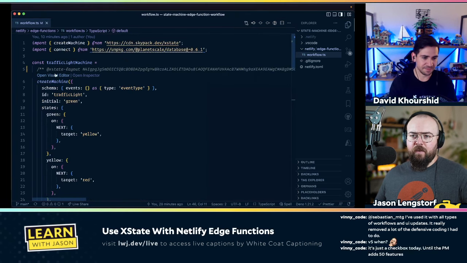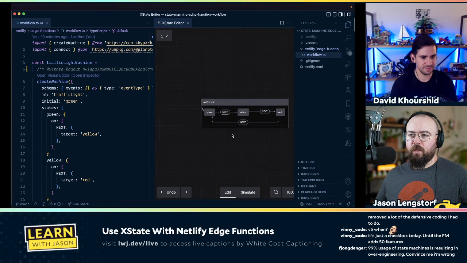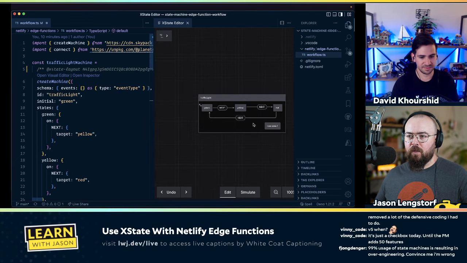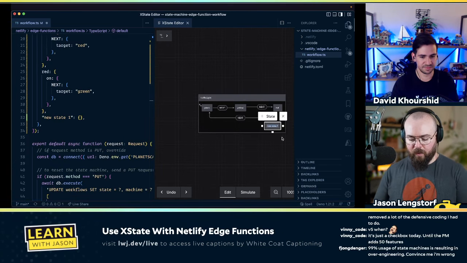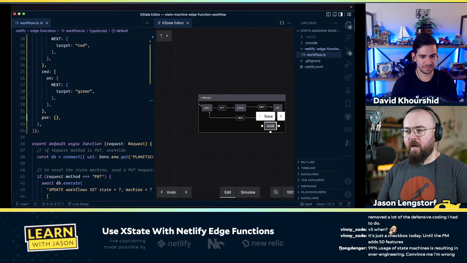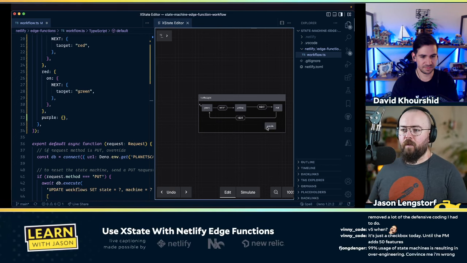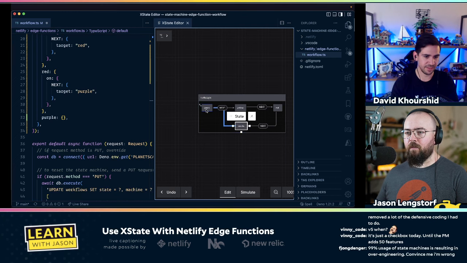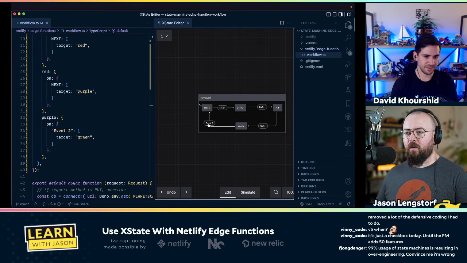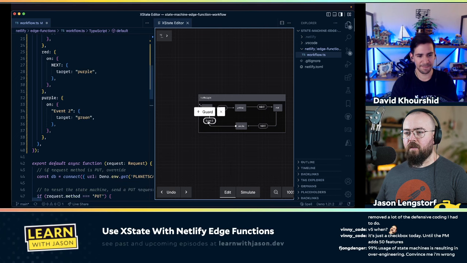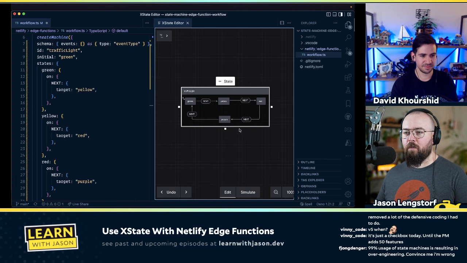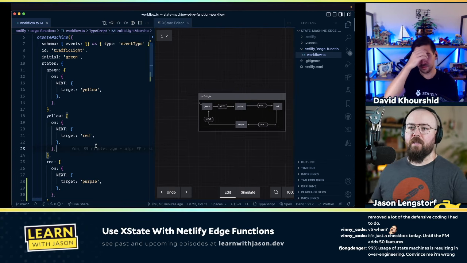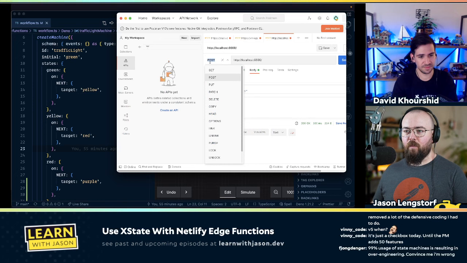And the fact that this is fully visual, in the sense that if I want a new state, I just double click in here, and we're inventing a new traffic light, and now it's purple, and okay, well, maybe this one goes to here instead, right? Exactly. So you could just drag and boom, boom, change it around. We have now completely changed the logic of our thing, and you can see exactly what happens. It goes red to purple and then to green, right? So I can save this, and then we come out here and we do a put,